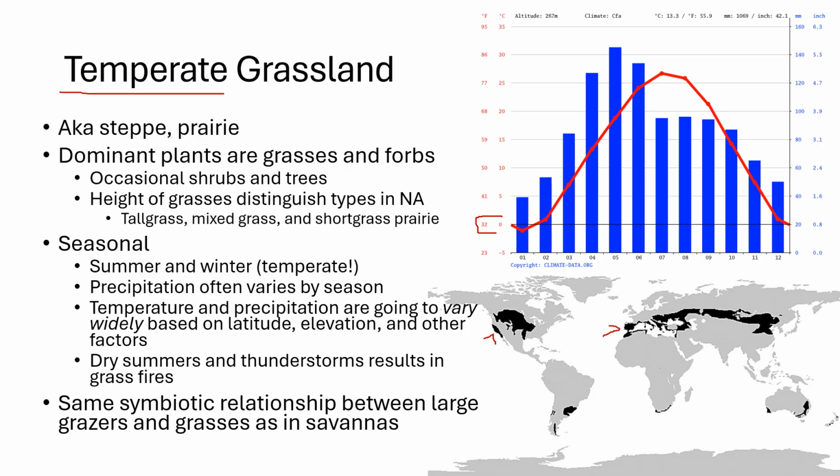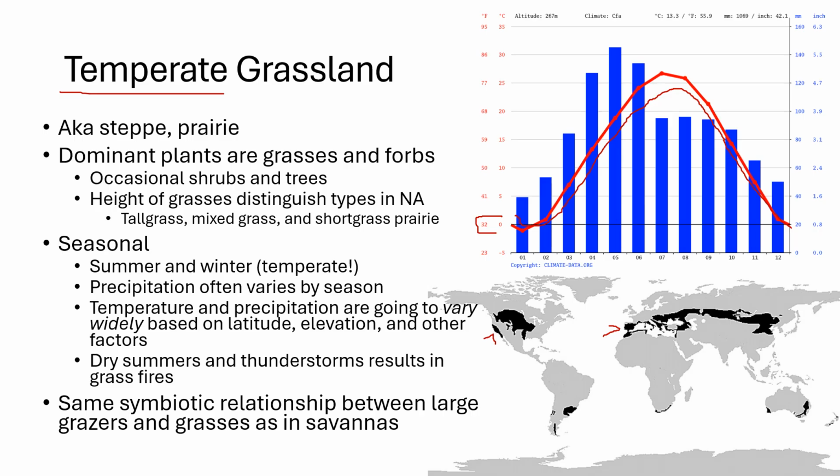Again, these are seasonal, so you're looking for that classic dip during the winter and the rise during the summer in temperature. The temperature does vary extremely. Think about some of those places that I mentioned where we have really hot summers and pretty cold winters. Dry summers, not so much the case in this climatograph, but in many climatographs for the temperate grassland,